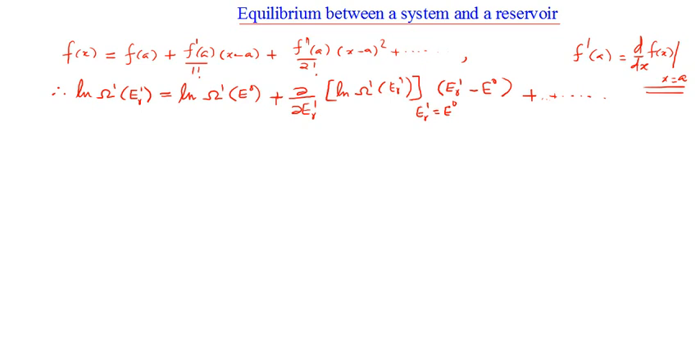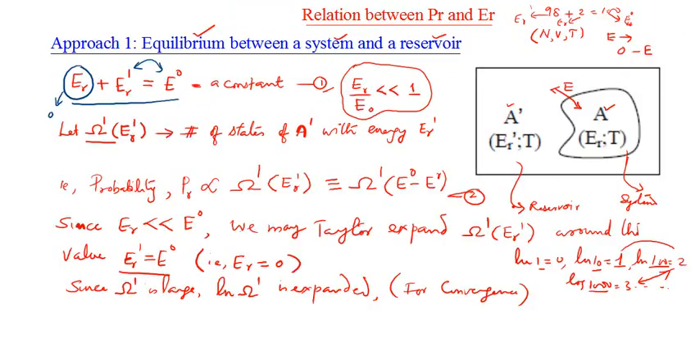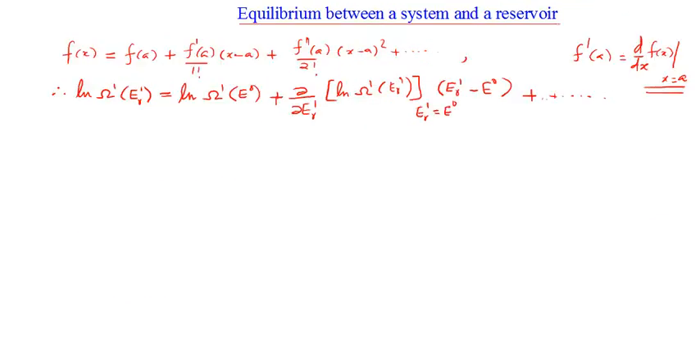Hope you remember, we have made the assumption that Er by E naught is very small. Okay, what does it mean? It also means that if Er is very small compared to E naught, then Er prime minus E naught will be very small. Is it not correct? Because